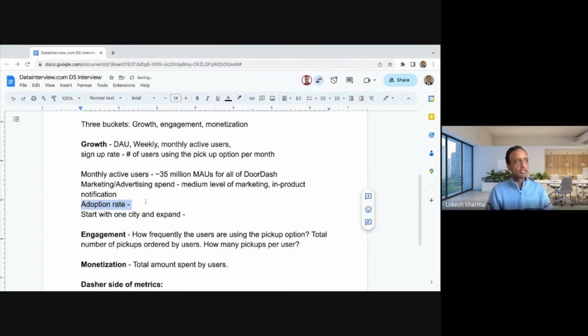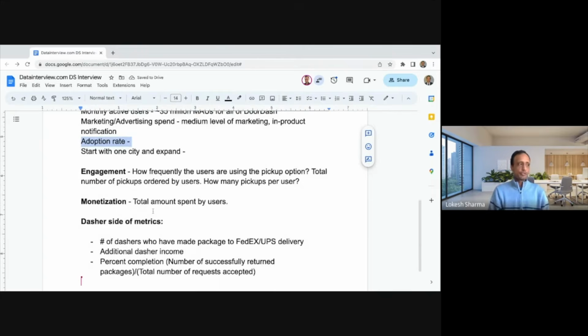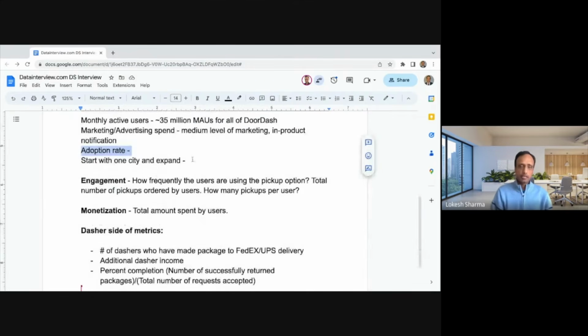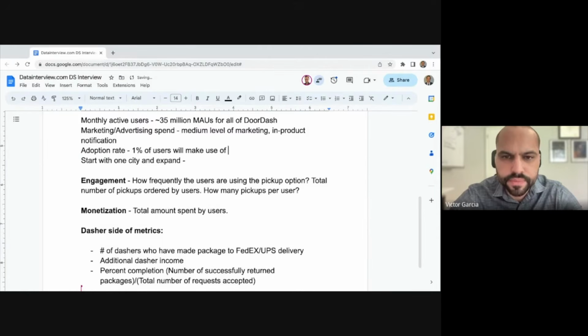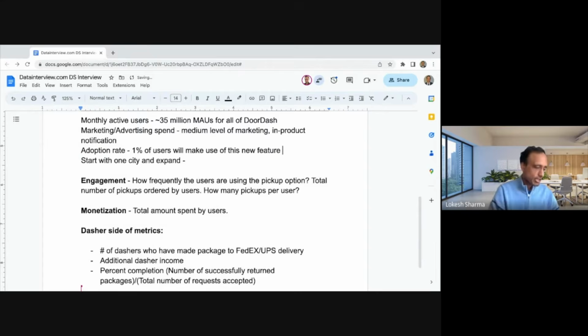Based on that, I will say the product team can make an assumption that in the first month, and this is my assumption here, like 1% of the users will make use of this new feature. Okay. And then gradually, I think as the users understand the value of this, we want to keep track of the retention and engagement.